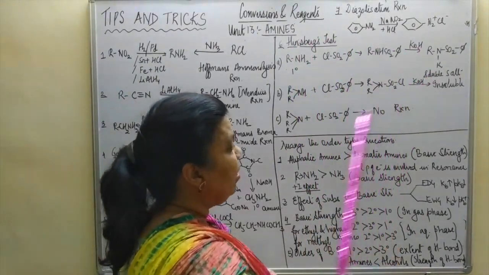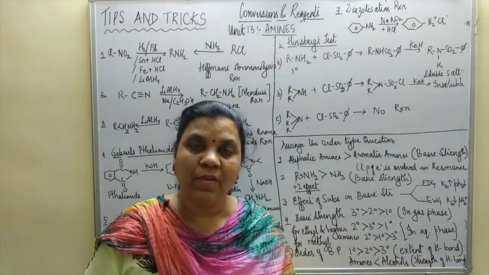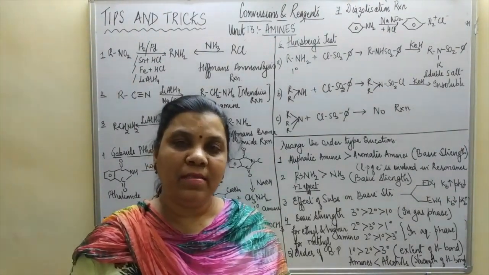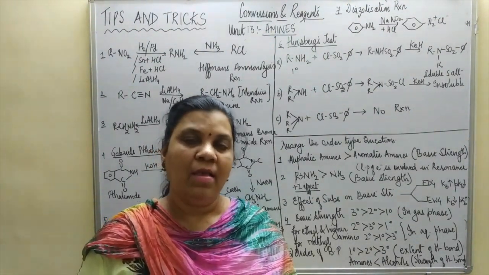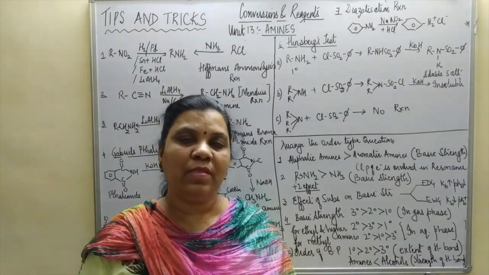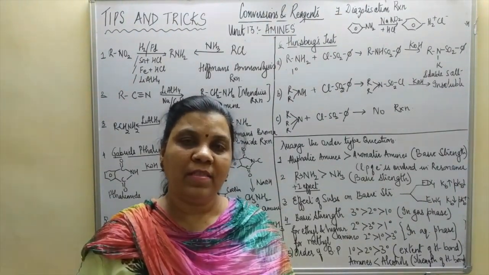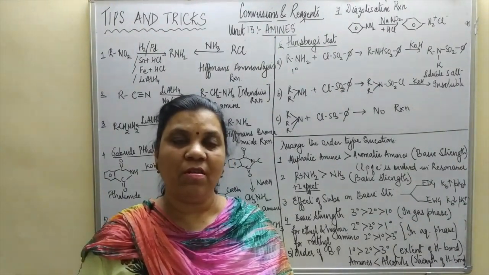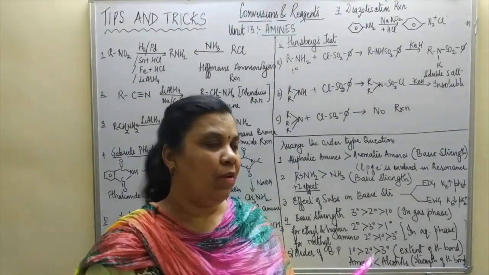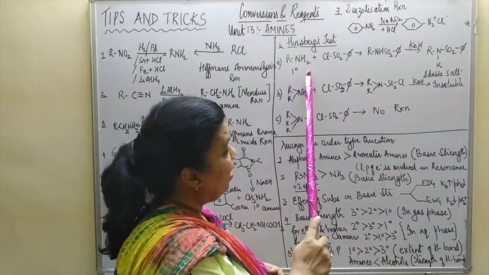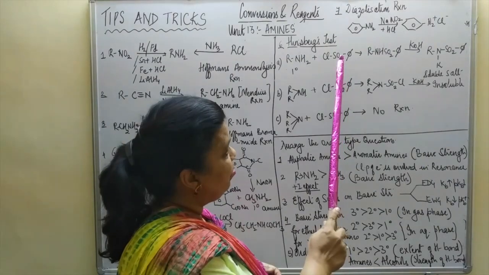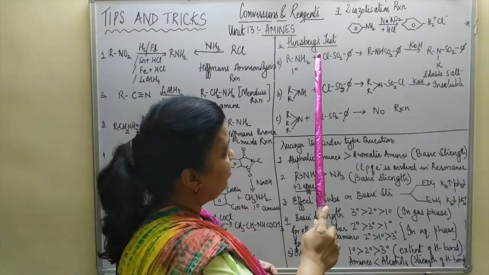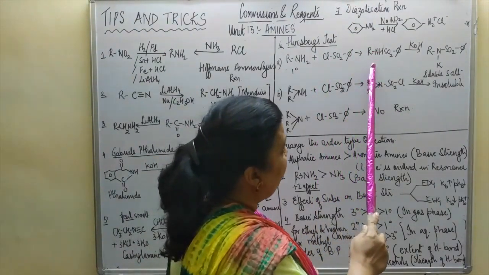Now I am treating 1 degree, 2 degree, 3 degree amine with Hinsberg reagent. Remember, Hinsberg reagent is benzene sulfonyl chloride. C6H5SO2Cl is the formula for Hinsberg reagent. Let us see how this forms the basis of distinction between 1 degree, 2 degree and 3 degree amines. So let us take a 1 degree amine and treat it with Hinsberg reagent, benzene sulfonyl chloride. So HCl will be eliminated, and further what will be formed is